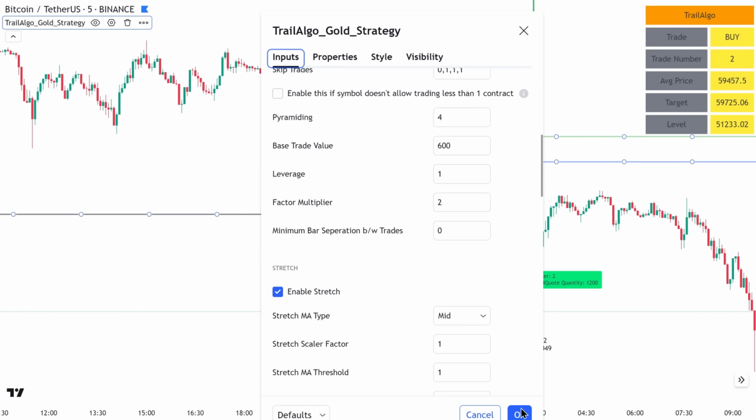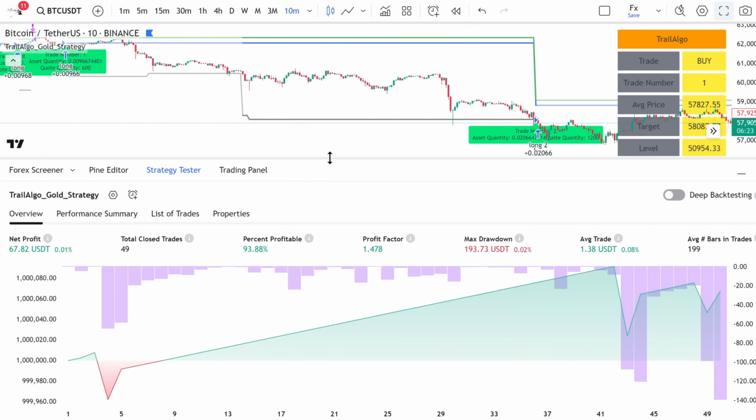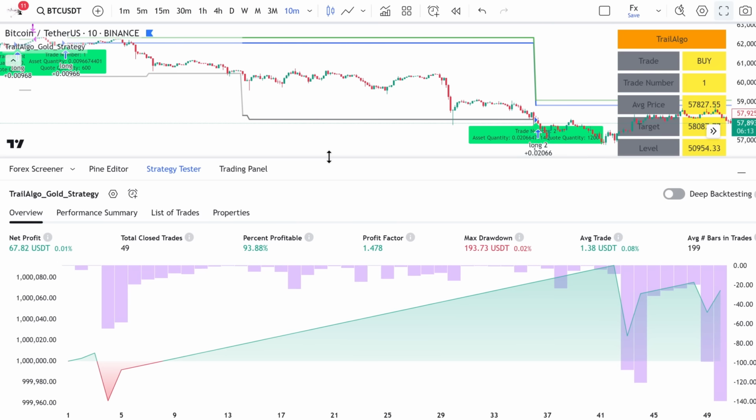To further illustrate the effectiveness of this strategy, let's take a look at some backtesting results. Backtesting involves testing a trading strategy using historical data to see how it would have performed in the past. This can provide valuable insights into the potential effectiveness of the strategy in current market conditions. High profit factors and a high percentage of profitable trades, above 90% or 88%, indicate the strategy's consistency and reliability. By analyzing these results, you can gain confidence in the strategy and make any necessary adjustments to fit your trading